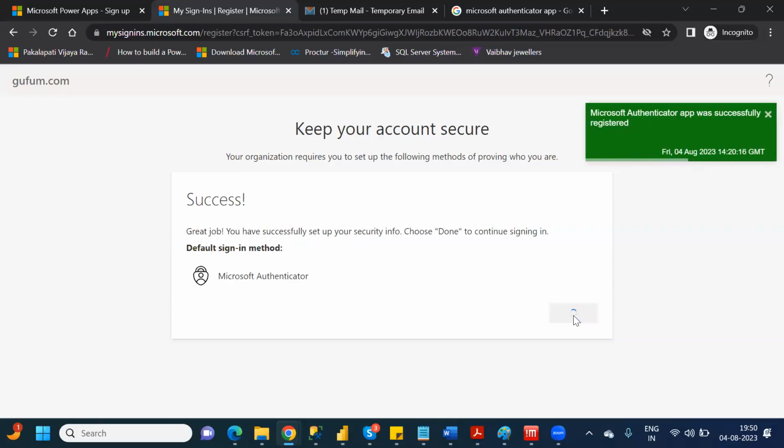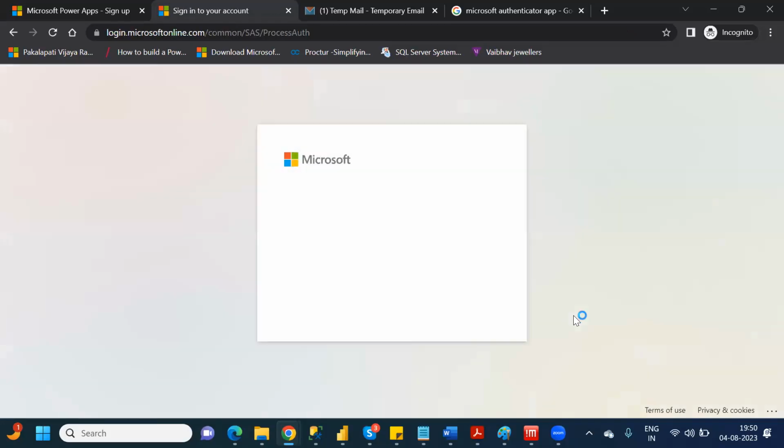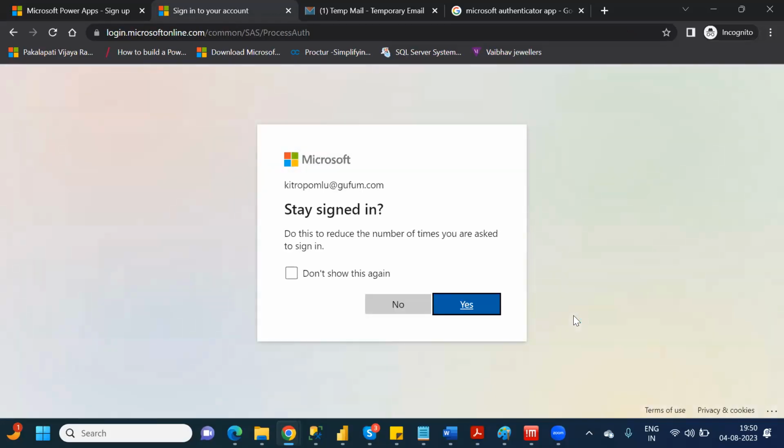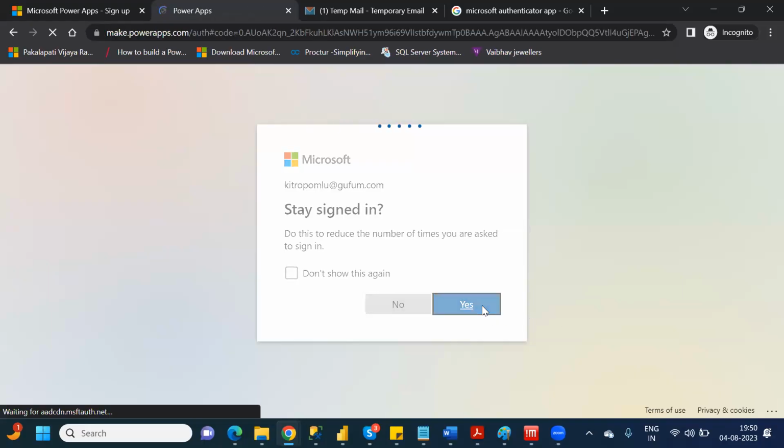Click on done. Sometimes what will happen, if you are opening in a different device, then it is asking you to enter the code. Then whatever authenticator you installed on your mobile, you have to open that authenticator. Whatever code is there, that code you have to enter here. See how secure it is. So that's the reason. So click on yes, and after clicking on yes,